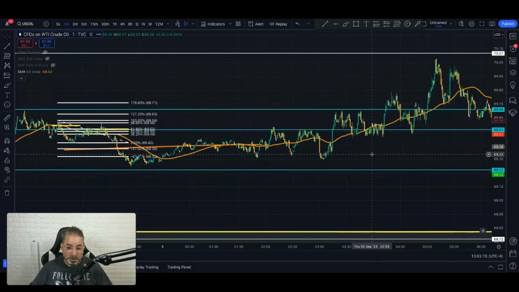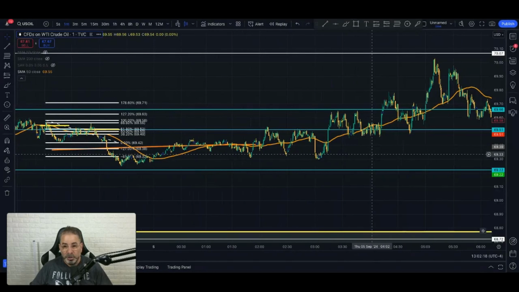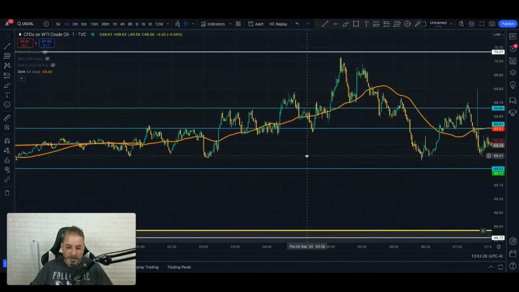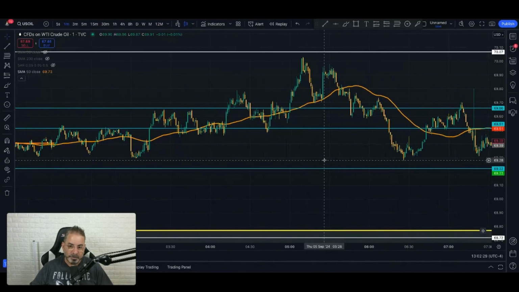But all of this has to do with the time of the day as well, right? This is only good for into London session and into US session. Nothing before, because if not, this is all you're going to get. A lot of ups and downs. Can't trade it, right? You want to start finding that volatility that's happening.